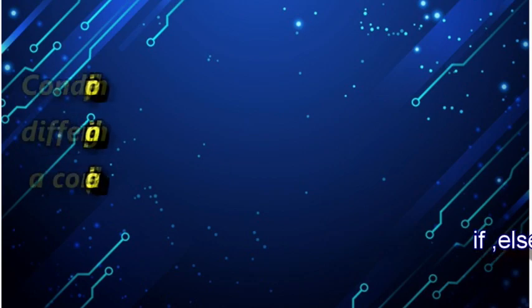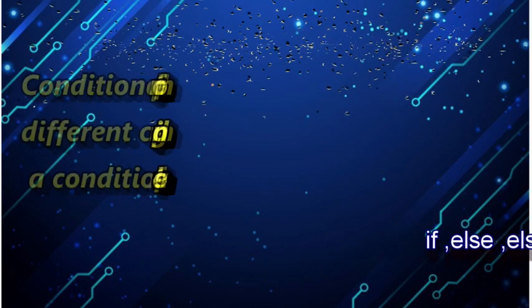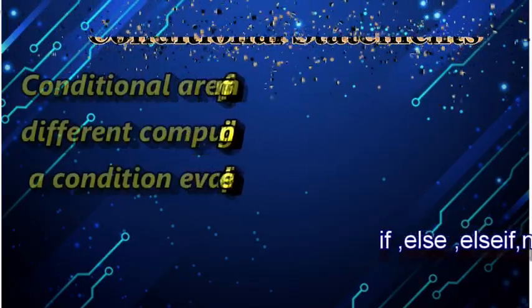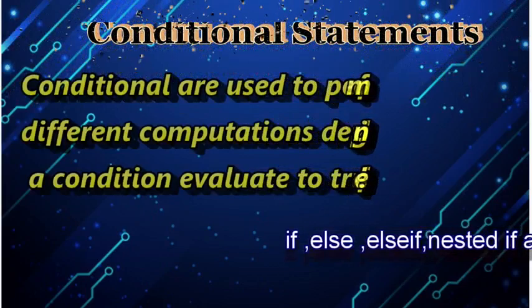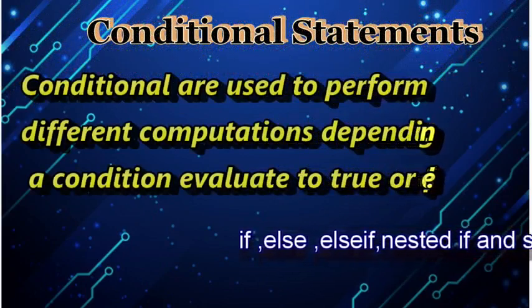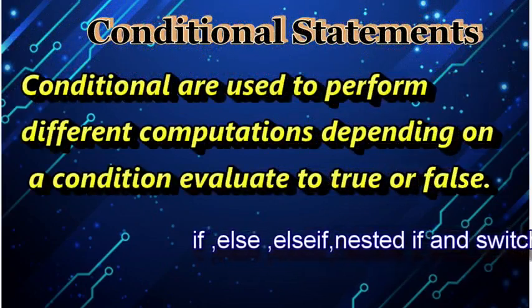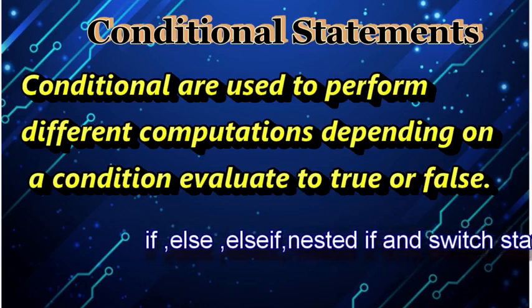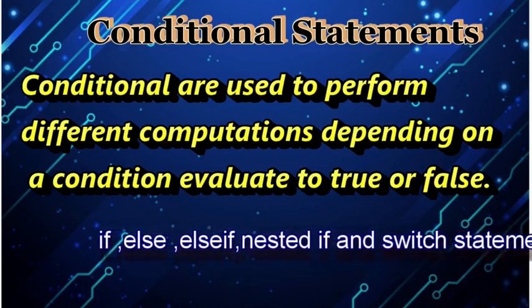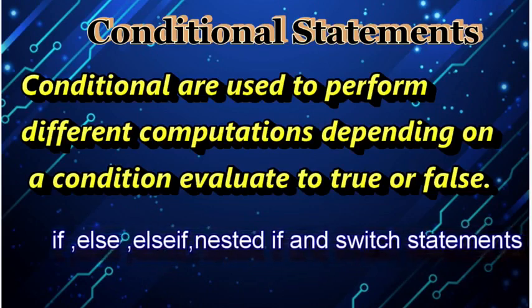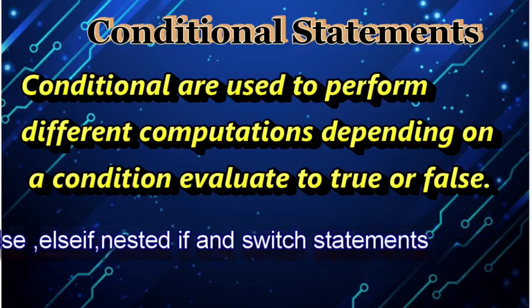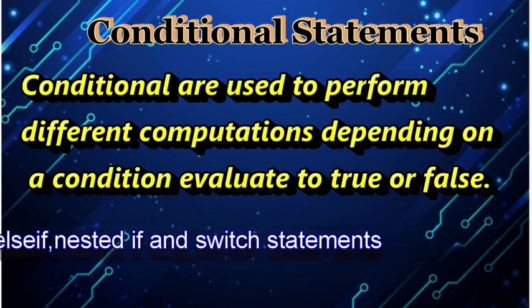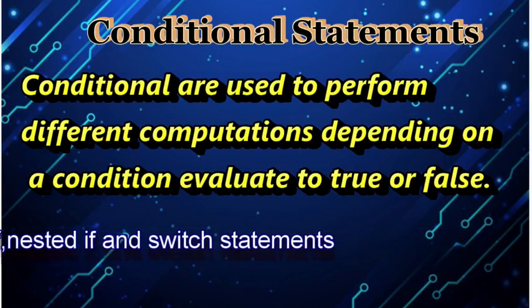But we need to understand what a condition is. Conditional statements are used to perform some task based upon whether the condition evaluates to true or evaluates to false. Suppose I give you a condition: if you click on this video, then the video will work, and if you're not clicking on the video and just scrolling, it is not going to work. So this is basically a condition. YouTube has told you that whenever you click on this video, only then is it going to play. But if you are not going to click on it, it will not be played. So this is basically a condition that is working.